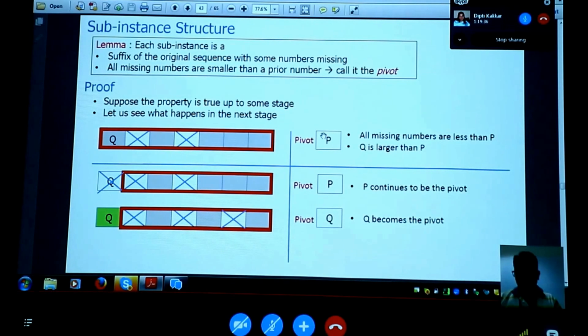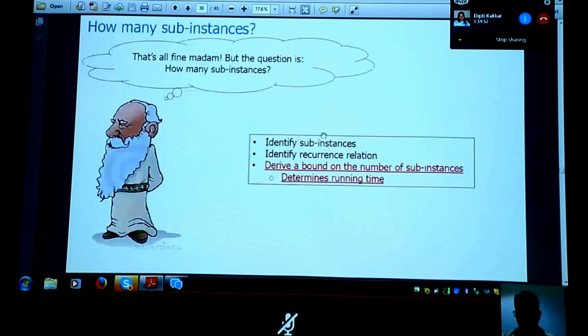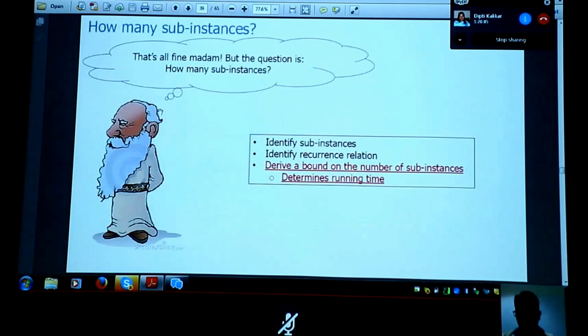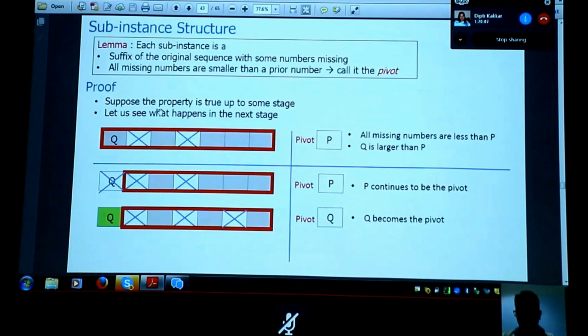Okay, that's the thing. Now let's try to prove this. Suppose it is true for suffixes of a certain size. As we go down in this recursion tree, suppose inductively we have made sure this property is true. Now let us see whether we respect this property when we build new subinstances like this. We have been building subinstances. We are fine so far. When you build a new one like this, let's see whether this property is true or not. Let's prove that it's true. And the proof is quite small.